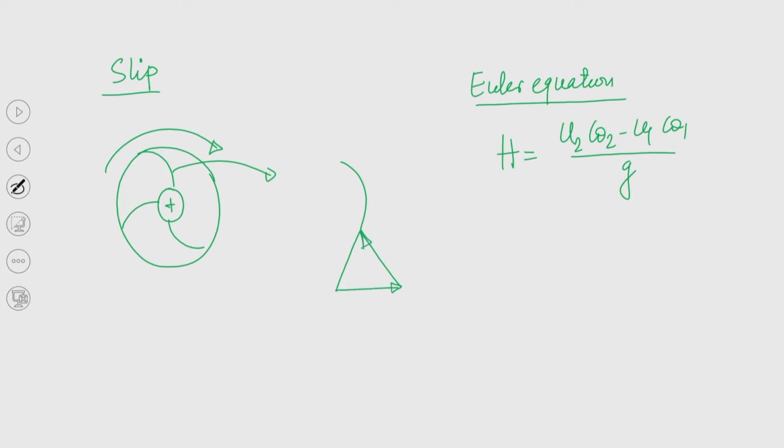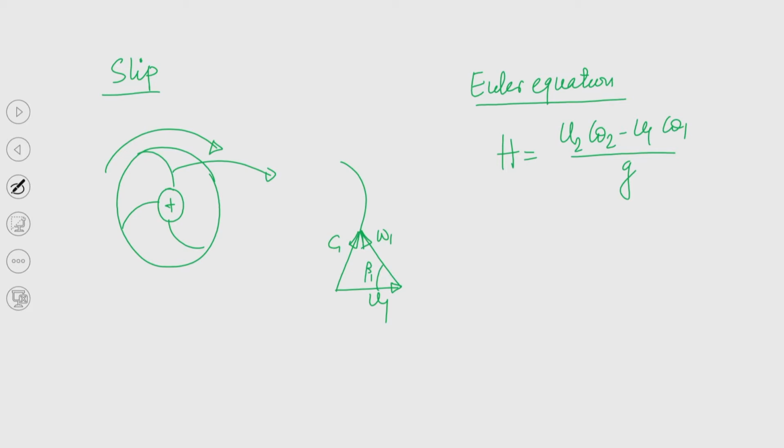So, this is the blade velocity at the inlet, or tangential component velocity u1. This is the velocity of the fluid relative to the blade, that is the relative velocity w1, and the resultant is the absolute velocity c1, right. And this angle is beta 1, that is what we have discussed.